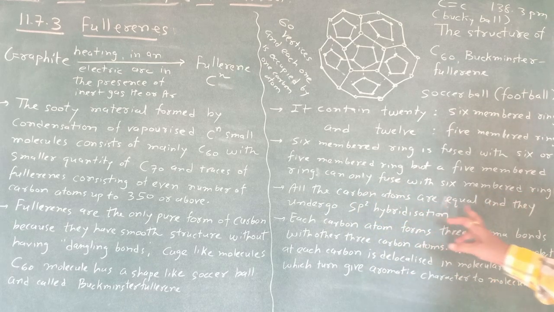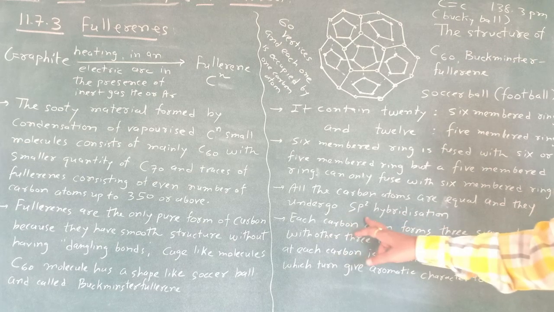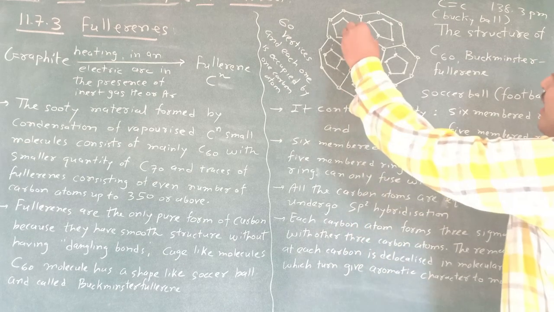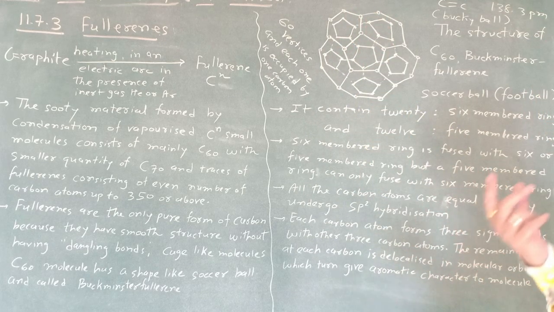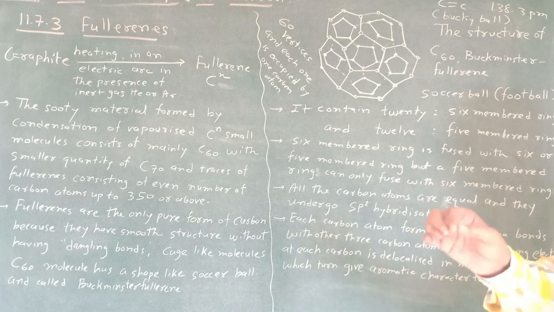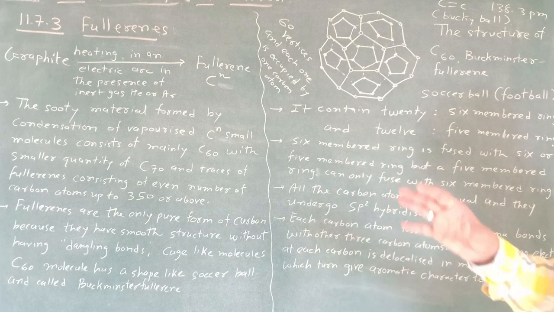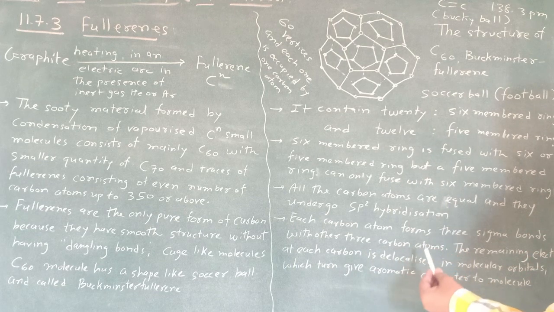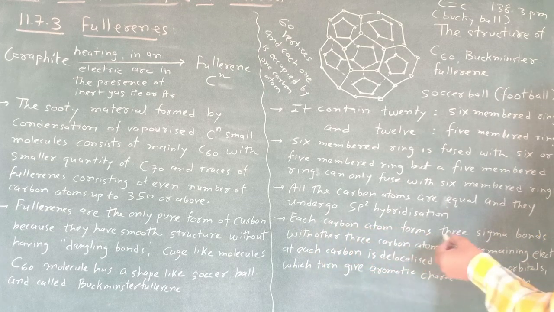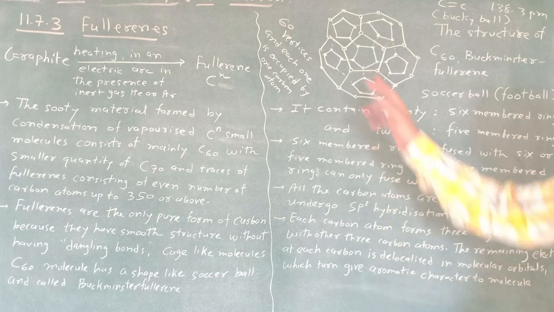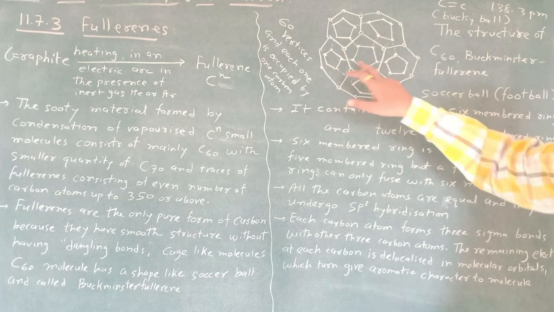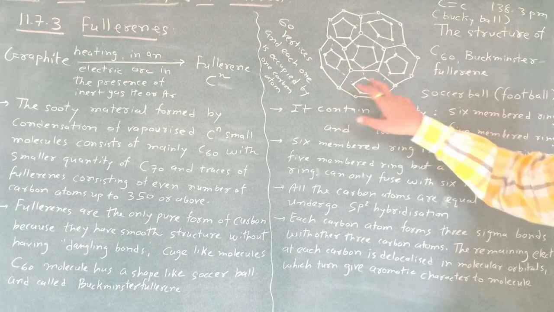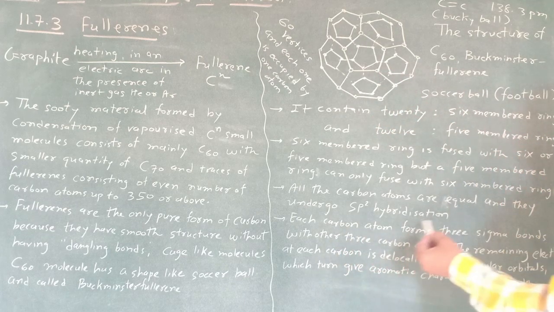All the carbon atoms are equal and they undergo sp2 hybridization. Each carbon atom is attached to a maximum of how many carbon atoms? 3, and that's why which hybridization takes place here? sp2. The other electron of carbon spreads all over the molecule, and that's why a molecular orbital is also obtained. Each carbon atom forms 3 sigma bonds. Here 1 sigma bond, here 2 sigma bonds, and here 3 sigma bonds. Same way, this carbon, so 1, 2, 3. This carbon, so 1, 2, 3. That's it. So each carbon atom forms 3 sigma bonds with 3 other carbon atoms.